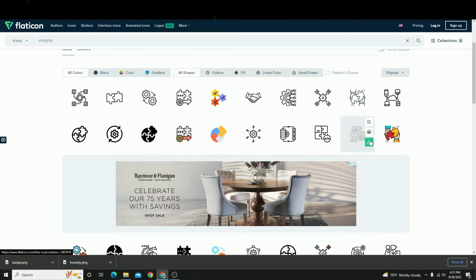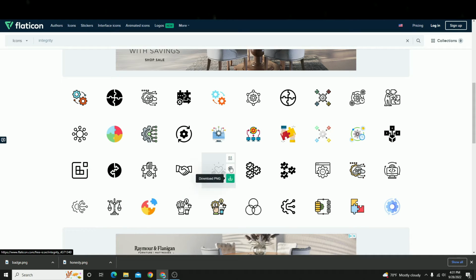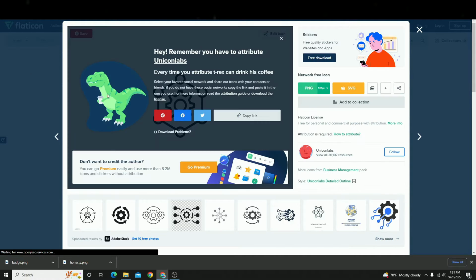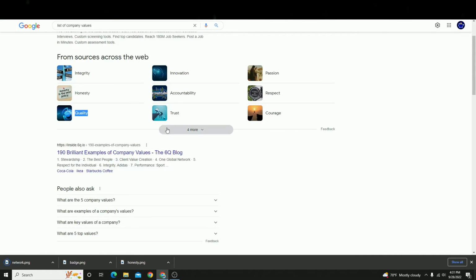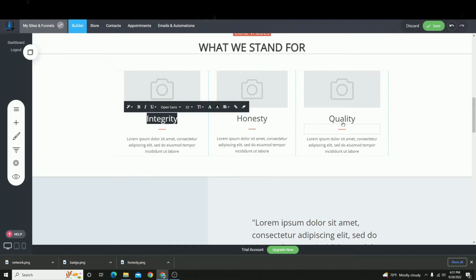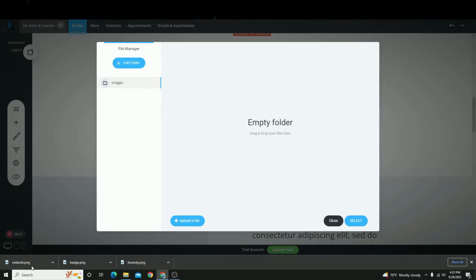And there's a few different things here we have for integrity. I will probably pick something like this, right? Just integrity. Instead of integrity, there's probably a better word. Accountability. That's a better word. Accountability instead of integrity, right? Accountability. Now, since we have our images, we'll just click here, edit image, upload the image, and just simply drag